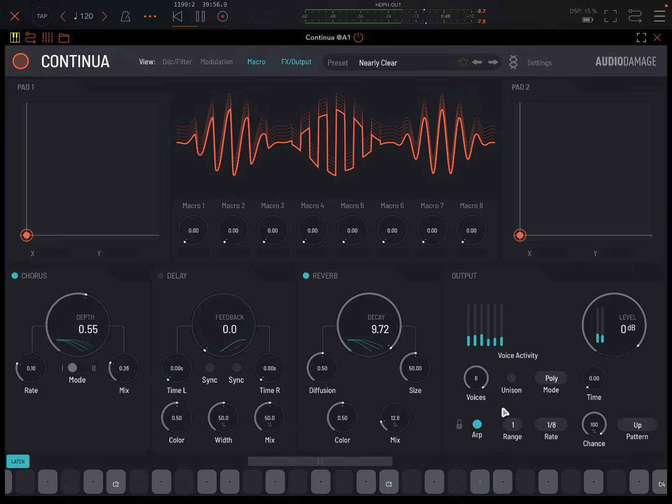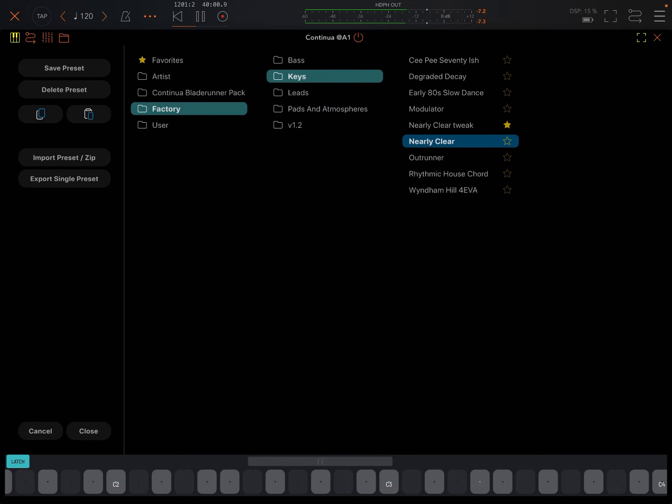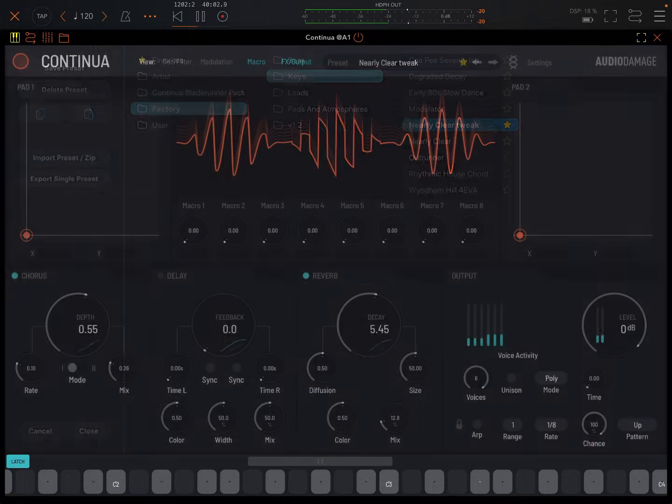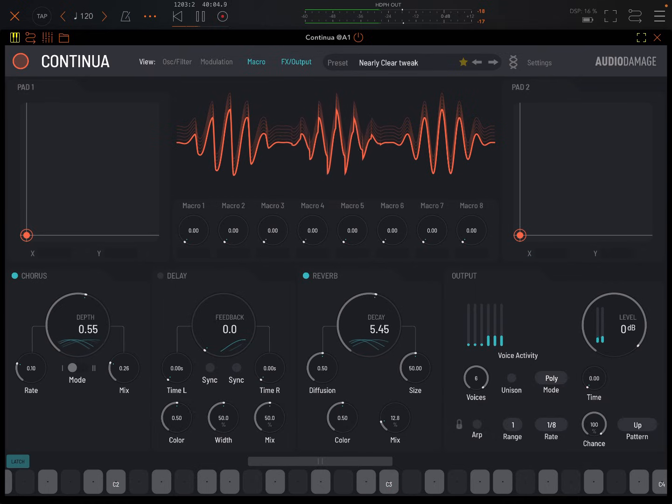So we got an arp. And let me just change this patch. Let me see if it'll hold when I change this. No, so I need to re-trigger again. Okay. So let me just re-trigger those. So arpeggiator is turned on,